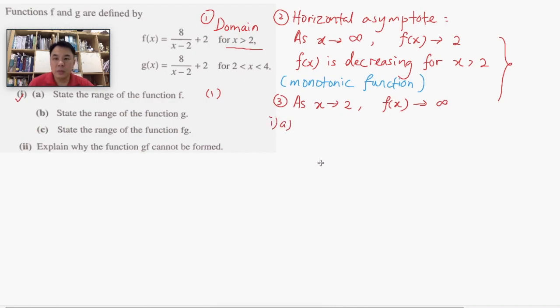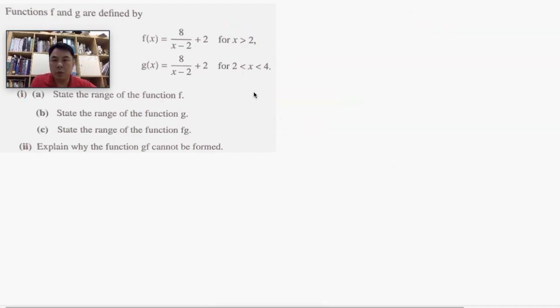for part A, the function fx would have a range. The range of fx would be, the fx would be lying in between. All right, now you can write formally or informally, up to you in this case, but in this case we know that this must be greater than 2 for the range. Since the lowest is 2, the highest is infinity. Therefore, the first range will be here. Okay, so I hope everyone understands this. On to question B now. Now, using the understanding of question A, we know that for B,